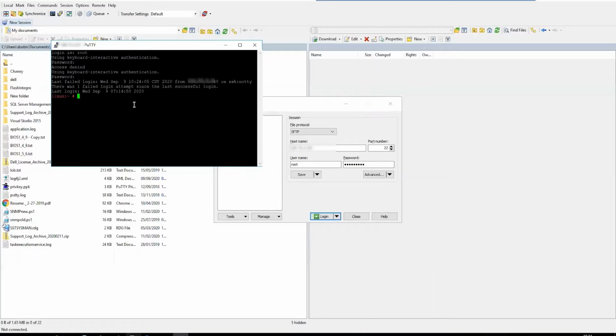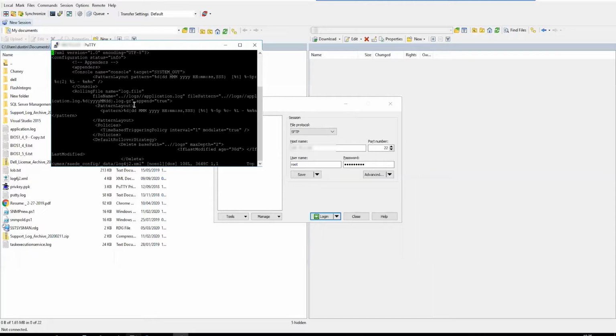edit a file. So we're going to use our VI editor, var docker volumes, SAEDE underscore config, and then underscore data. And then the file we are editing is log4j2.xml. So now that we're in the VI editor under this config file, what we want to do is replace